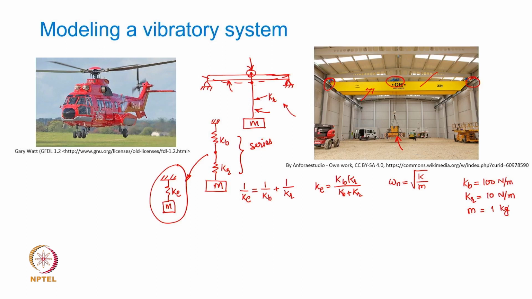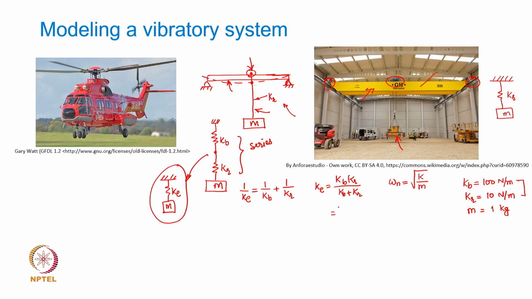So, mass may be 500 kgs, and then the girder stiffness will be a couple of orders of magnitude more, but what is important is to let you understand how we simplify the modeling process. Okay. So, if the stiffness differ by such a large value, it might be more appropriate to consider the girder to be almost rigid, and then you may consider the stiffness of the rope only to find out the natural frequency of this entire vibratory system. Okay. And that would be